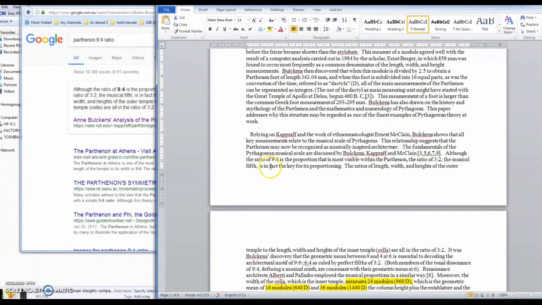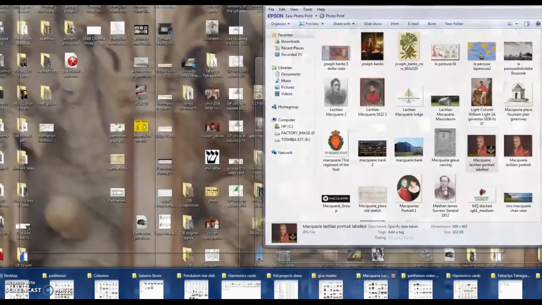But here she talks about musical proportions, and especially the perfect fifth, or 3/2, and how this relates to 9/4. Now, while I'm here, I might as well point out there's a lot of other stuff in regards to